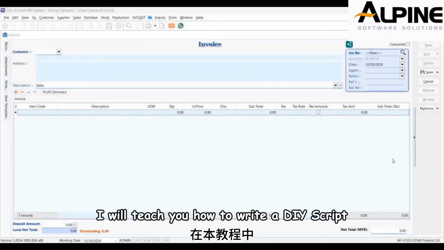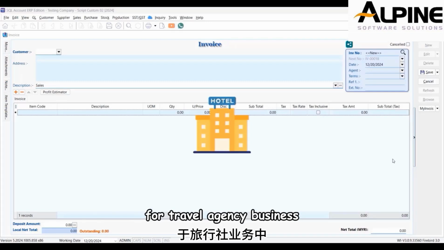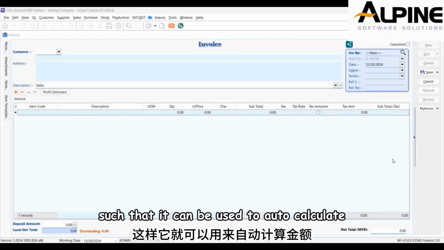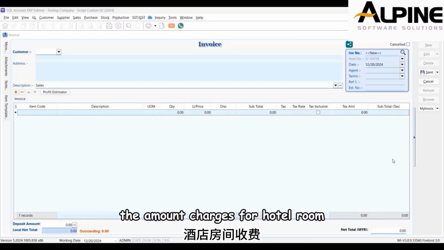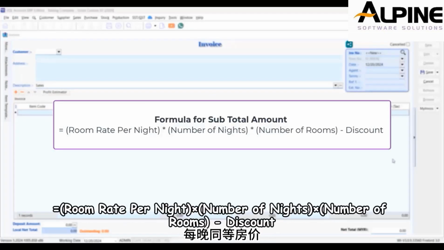In this tutorial, I will teach you how to write a DIY script using the OnGridColumnValueChanged event for a travel agency business, such that it can be used to auto-calculate the amount charged for a hotel room. The formula for the subtotal amount is equal to room rate per night times number of nights times number of rooms